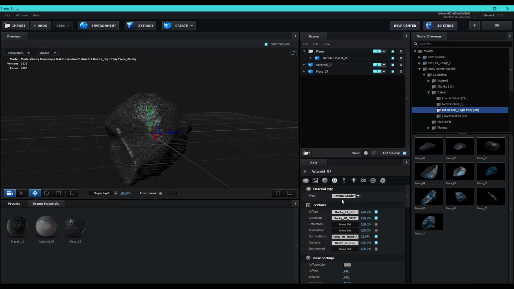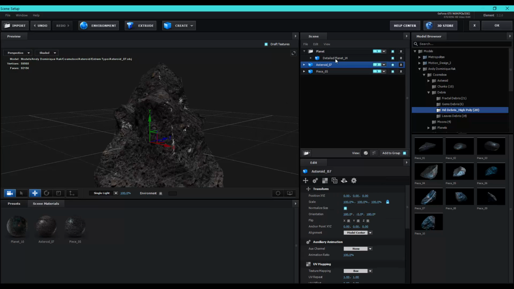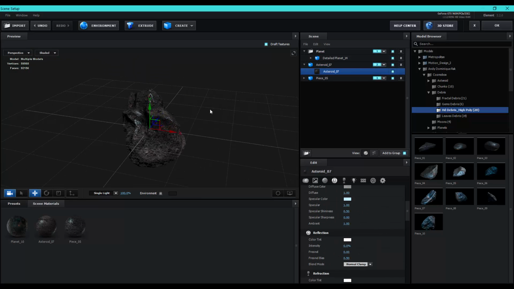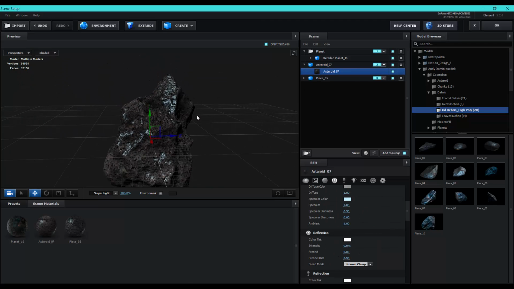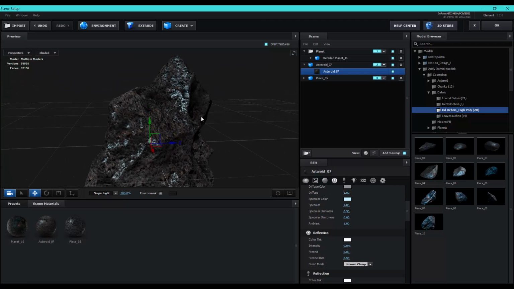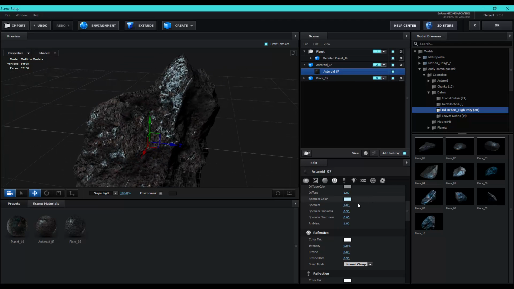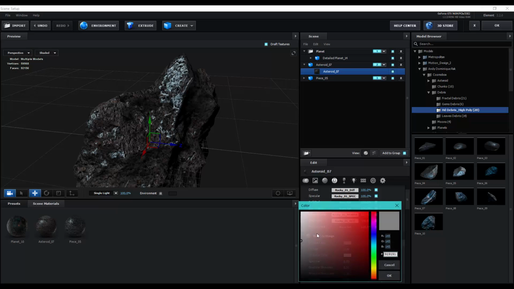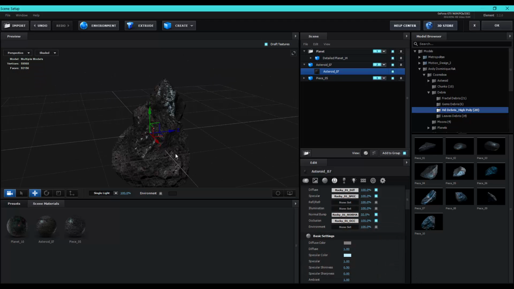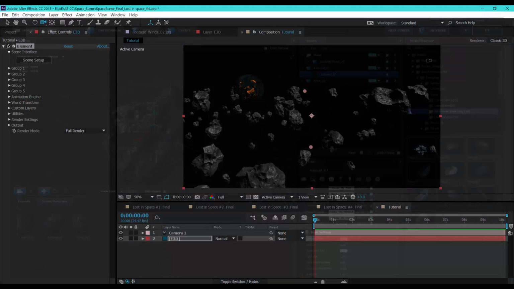Okay, so change this material too. We don't want our material to be pure white. Okay, hit OK,